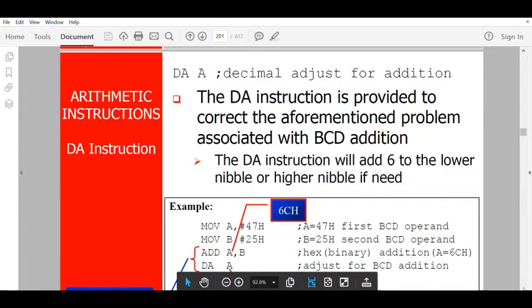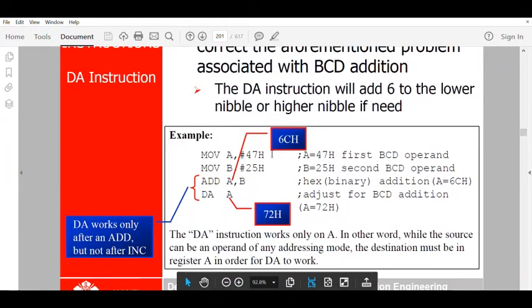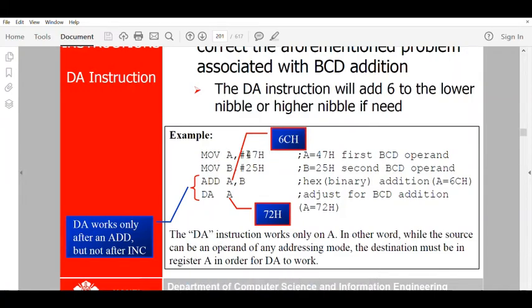So you have these two values. A gets the value 47 and B gets the value 25. You're going to add these two numbers. By the look of it, you know that you won't be getting a valid BCD code. You'll be getting 6C as the result, where C is not a valid BCD code. So you'll be adding 6 to it. In order to add 6 to it, you needn't specifically add 6 to that number. You just need to give